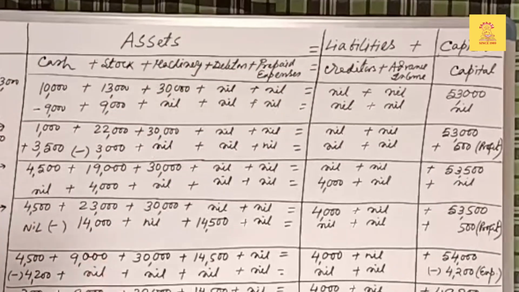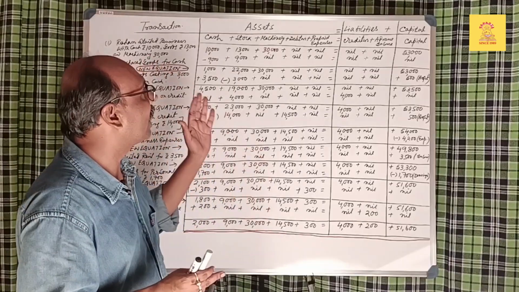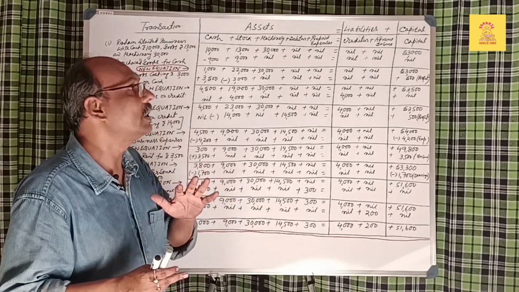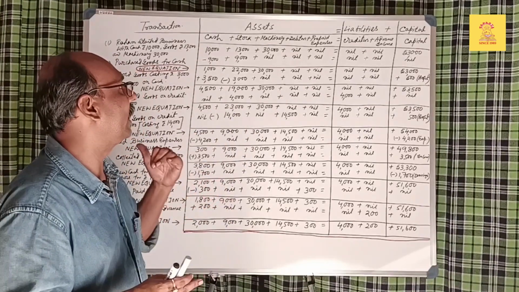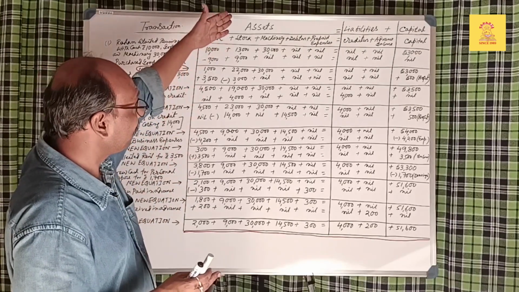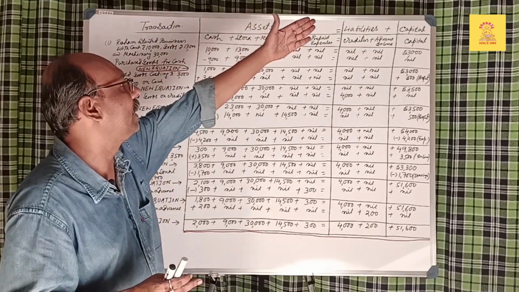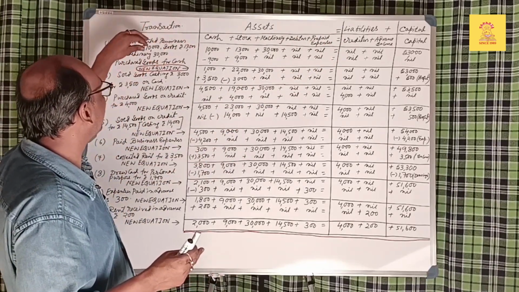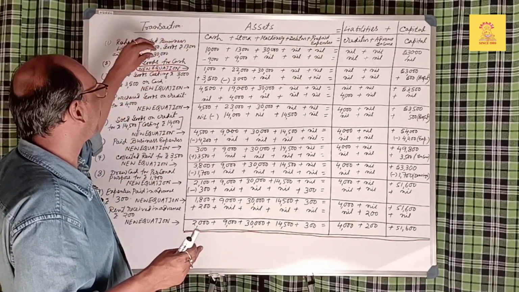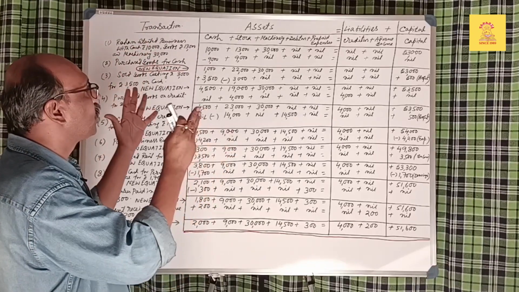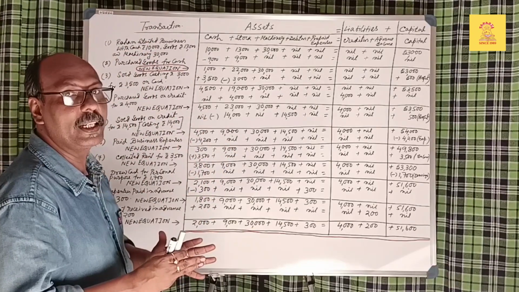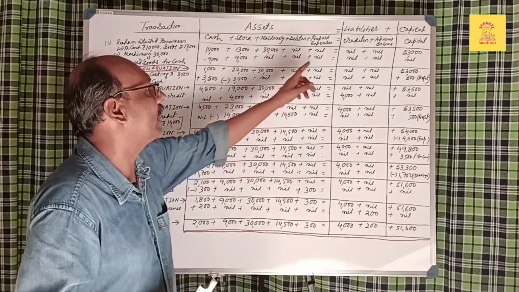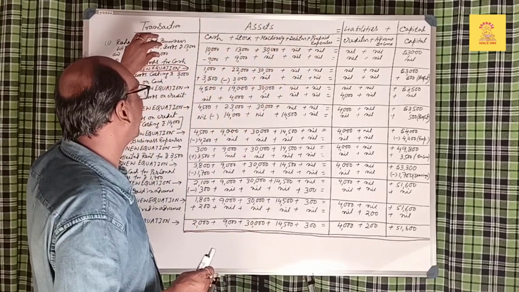In my previous video, I discussed the accounting equation and I had given the link. You can understand easily if you didn't follow my last video. So here assets is equal to liabilities plus capital. Rohan started business with cash 10,000, goods 13,000, machinery 30,000. Altogether he has provided capital into the business, and we get the capital from here,